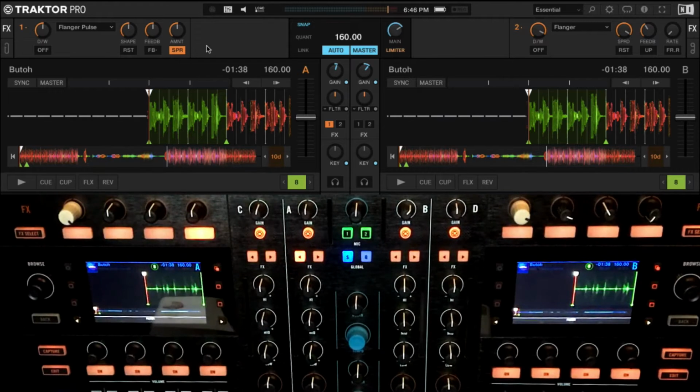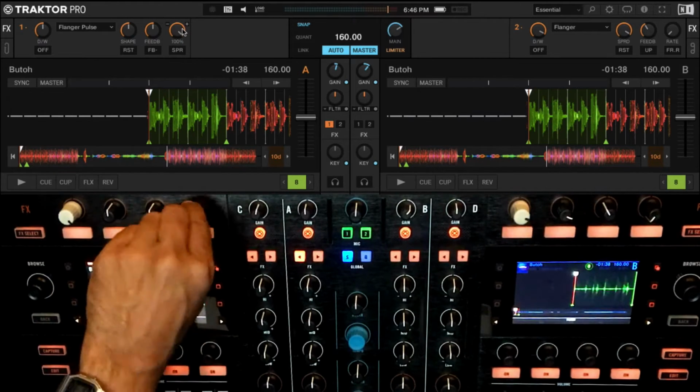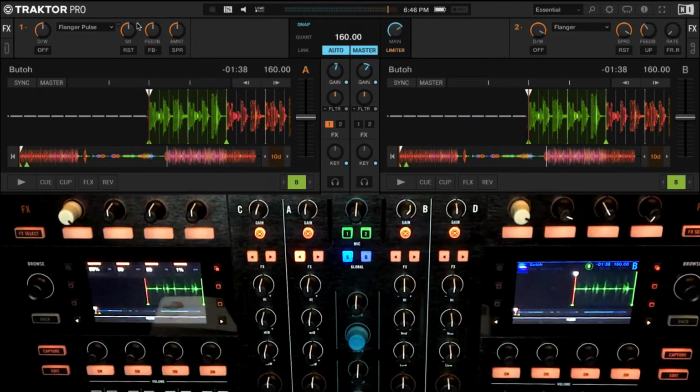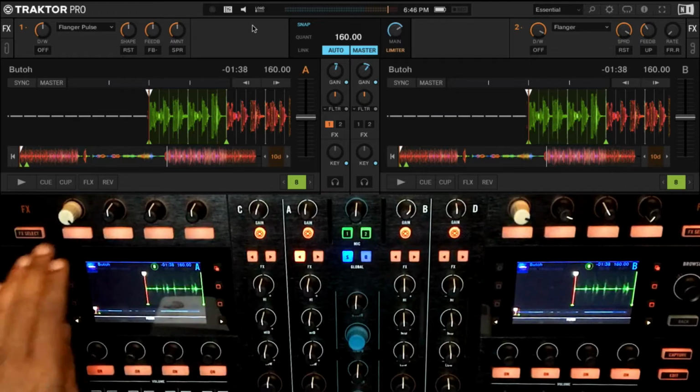Compared to that, we do have feedback. Yes, there's no rate. Spread is on a button. Yeah, we don't have rate. So which means the rate is going to be controlled by this modulator towards the positive or towards the negative. And the shape is the shape of the modulator. Okay. So let's get on with it.